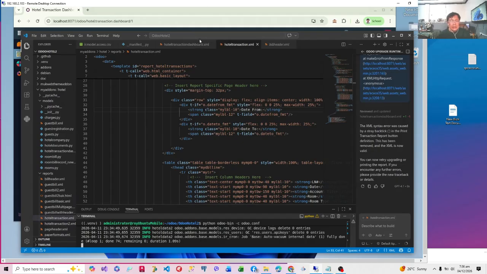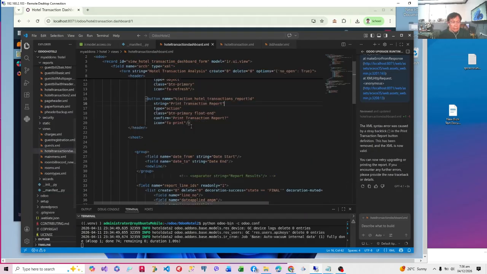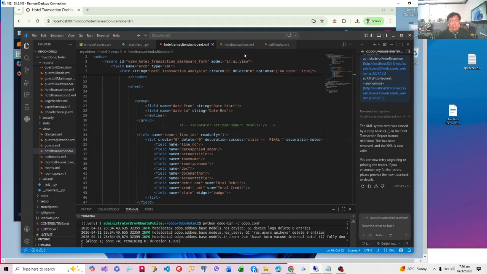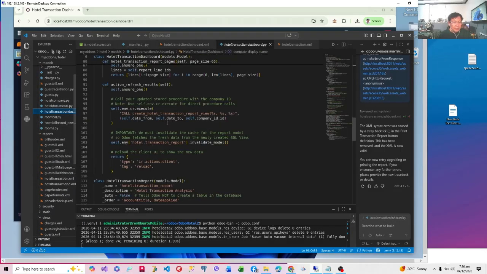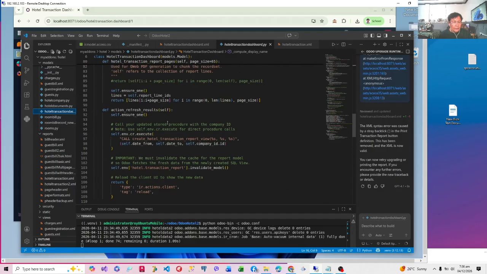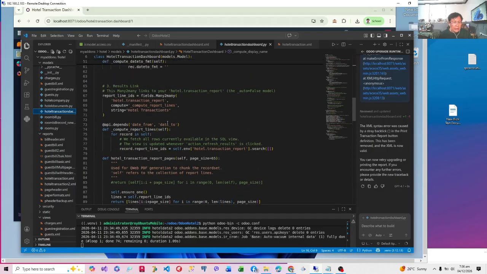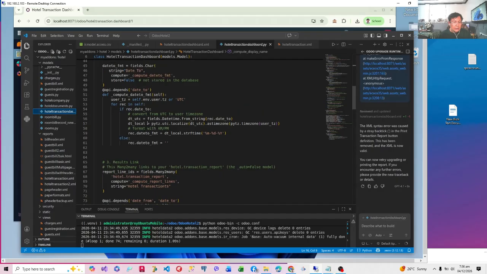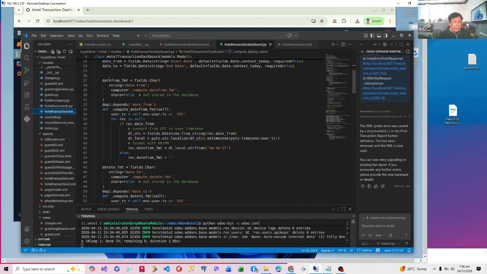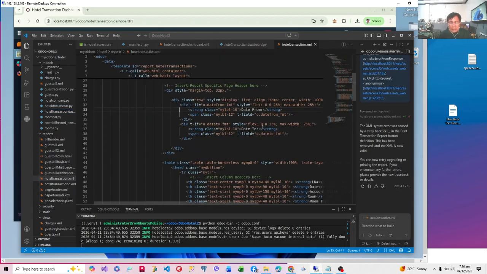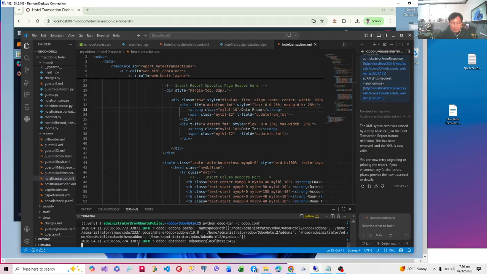Let's check our date fields because we may have the wrong fields. Okay, date to FMT, and we have date from FMT. Okay, so I think we are right. So therefore, anyway, if there's an error, we'll find out.